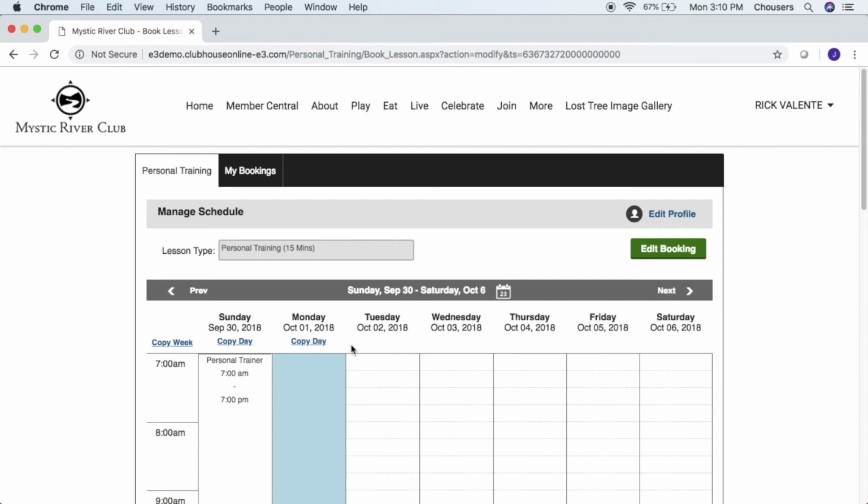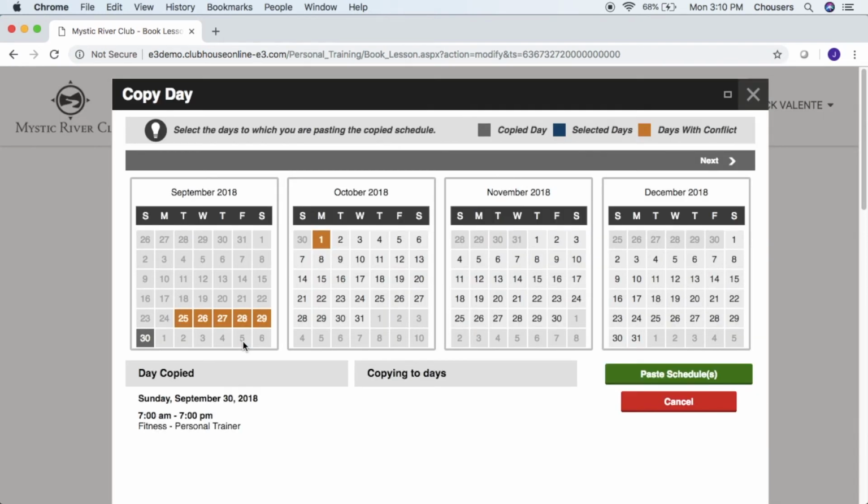We also have the ability to copy existing days or weeks for our schedule. So for example, we can click a Copy Date button, and this is going to copy that date we selected, which will be shown in the calendar in gray. Any dates that you see with orange mean we do have a conflict, meaning we're already scheduled, and any dates in blue are the ones that you've selected to copy our schedule to. Then all we have to do is click Paste Schedule, and that will paste the schedule into our calendar for us. However, I'm going to close out of here,